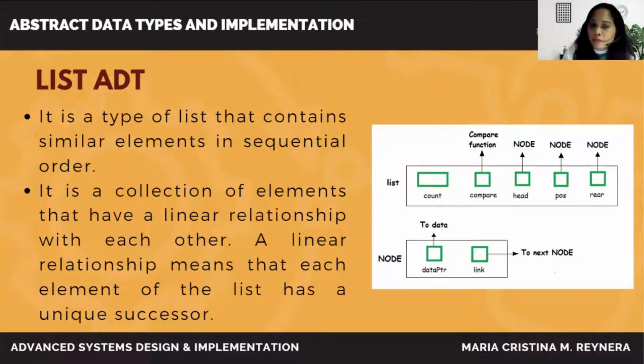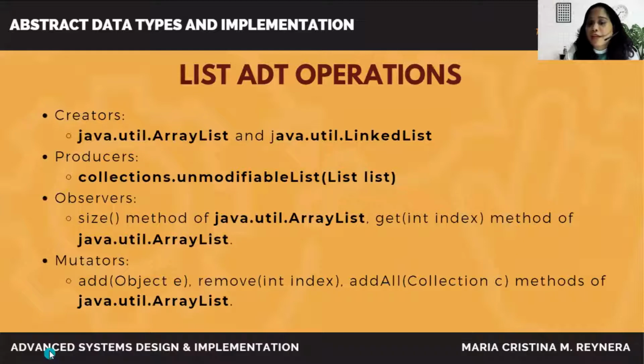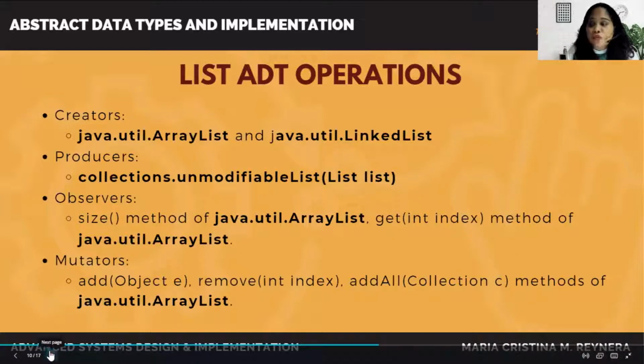So list is mutable. This is also an interface, which means that other classes provide the actual implementation of the data. These classes include ArrayList, which is implemented internally using arrays, and LinkedList if we're going to use it in a data structure. So the operations in the list ADT can be classified like the below examples: creators, producers, observers, and